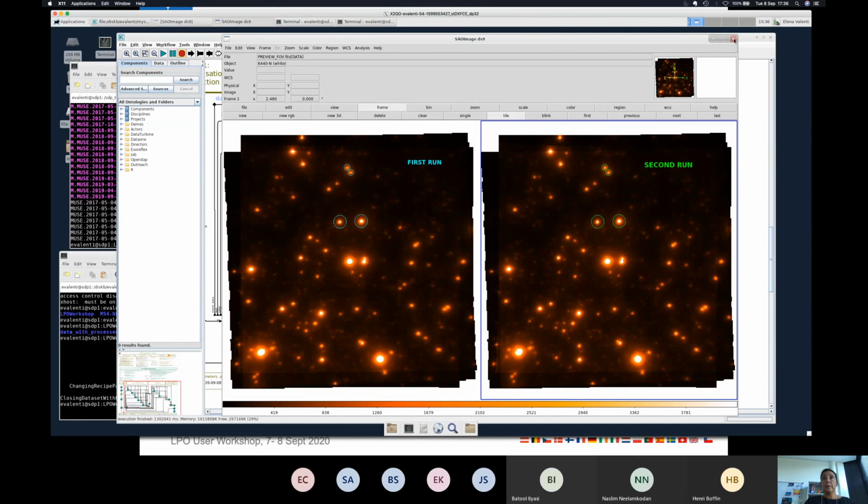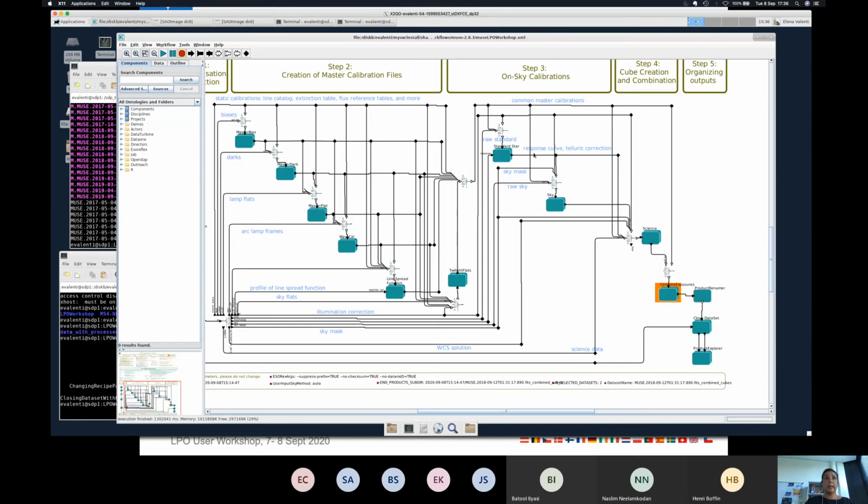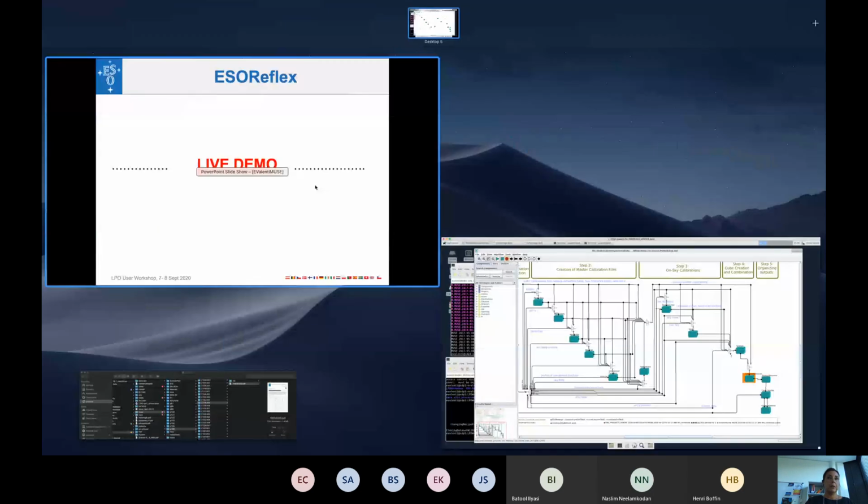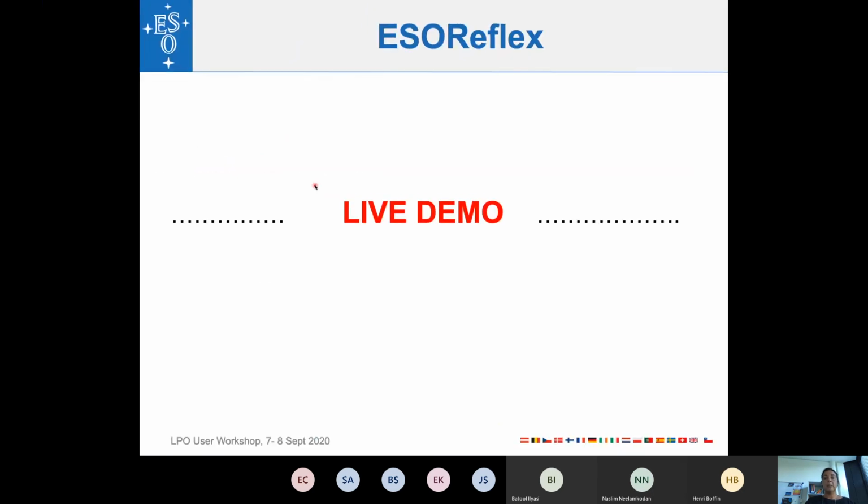So let's say at this point your data reduction is finished, it's ended. Because after, of course, the alignment, there is the combination of the data frames and then the creation of the final data cube. Now, before ending this session,